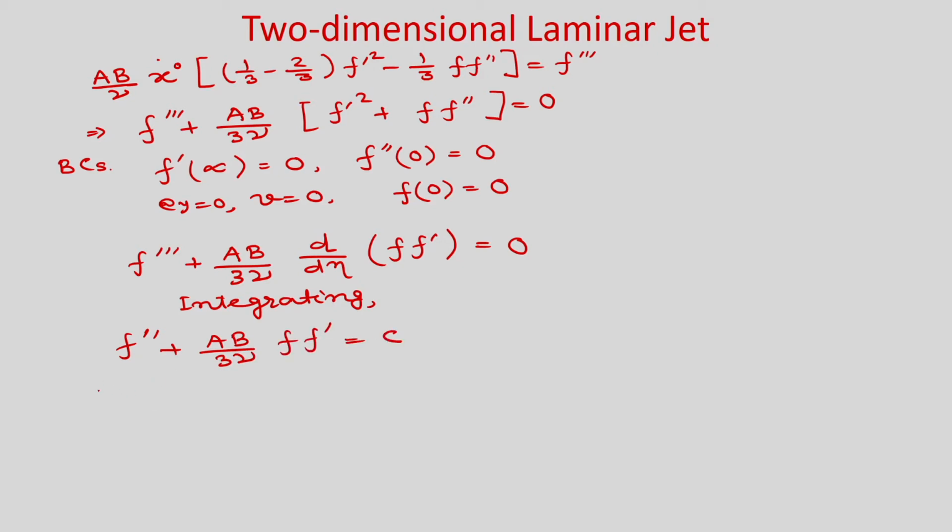Okay. So, we have the boundary conditions that f at eta is equal to 0 and f double prime at eta is equal to 0 is 0. So, that will give c is equal to 0. So, we will get the equation finally f double prime plus a b by 3 nu f prime is equal